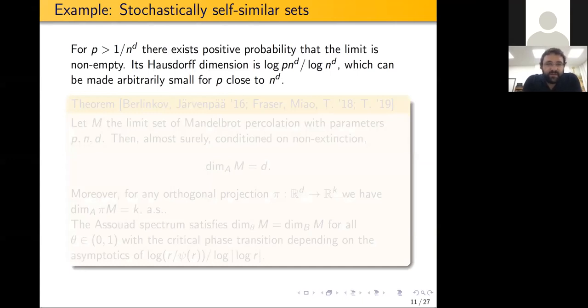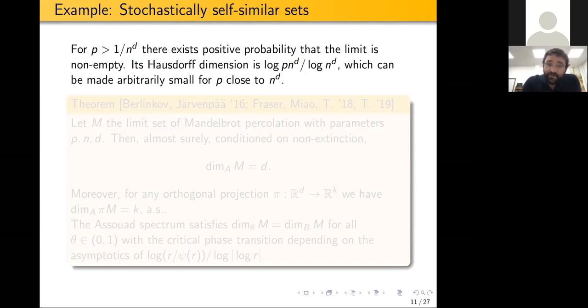And in particular, if you have enough probability, as in if the p is greater than 1 over n to the d, then almost surely, with positive probability, something will survive. And if you think about it a bit, there's always positive probability that something will get lost if p is not equal to 1, because just in the first stage, for example, you could have had bad luck and nothing survives. But if the probability is greater than this critical value, 1 over n to the d,